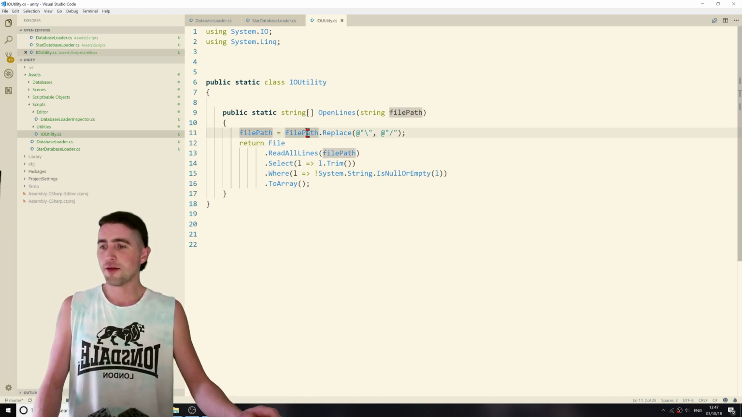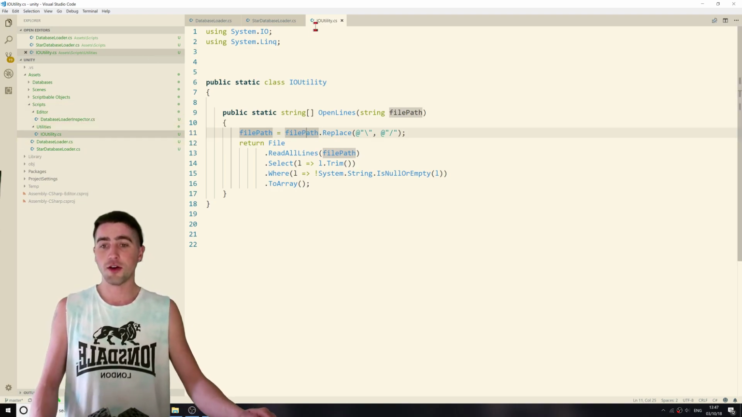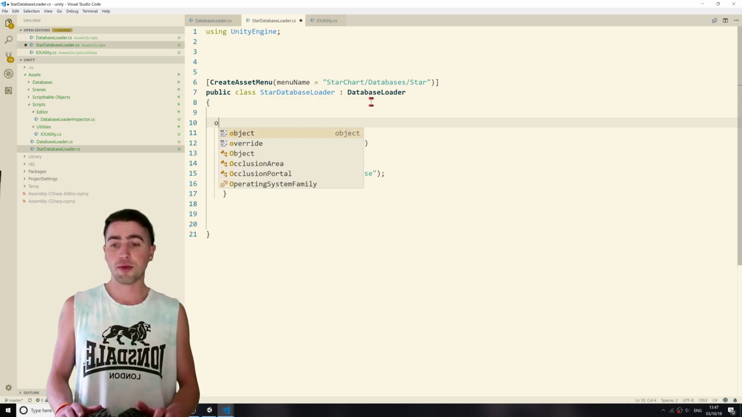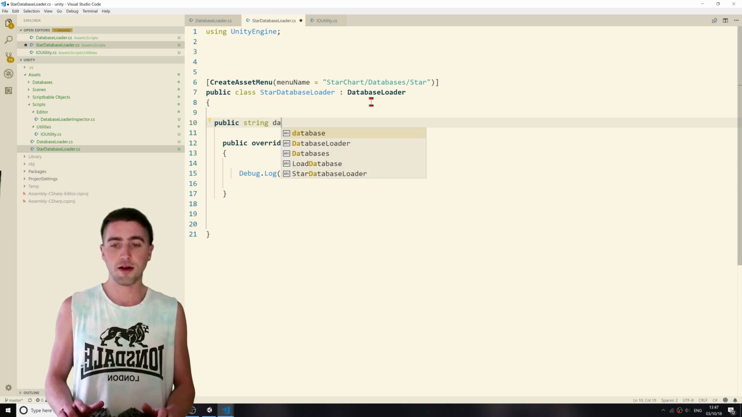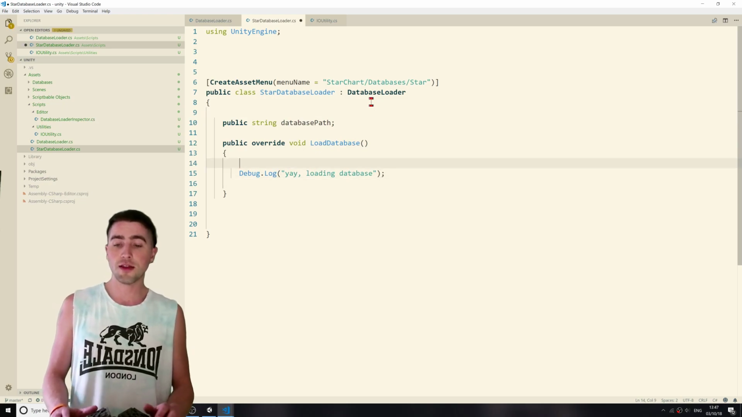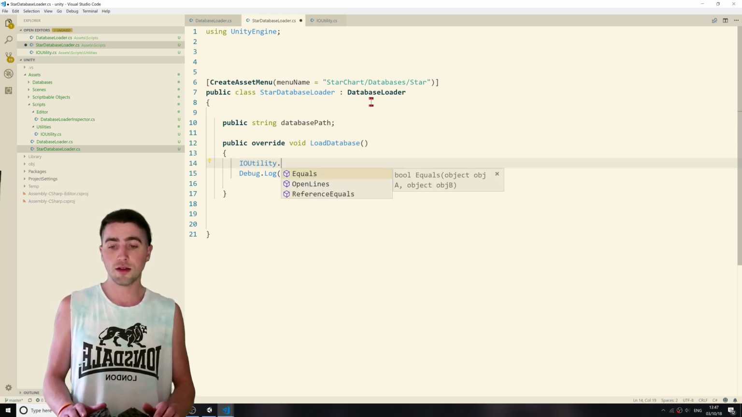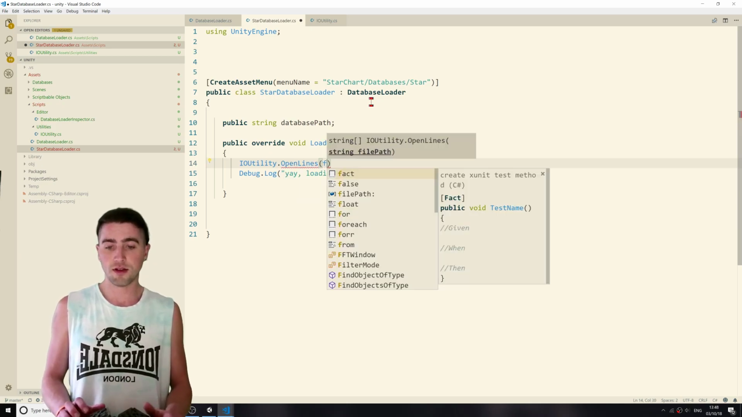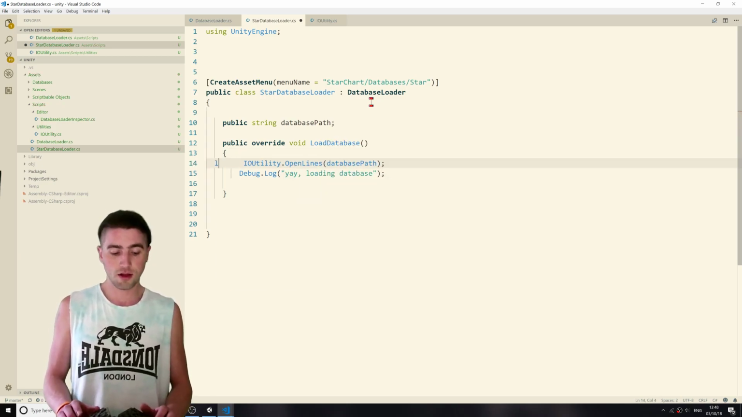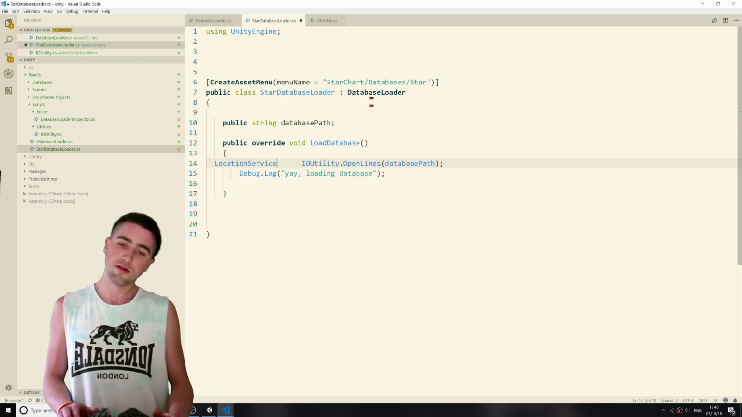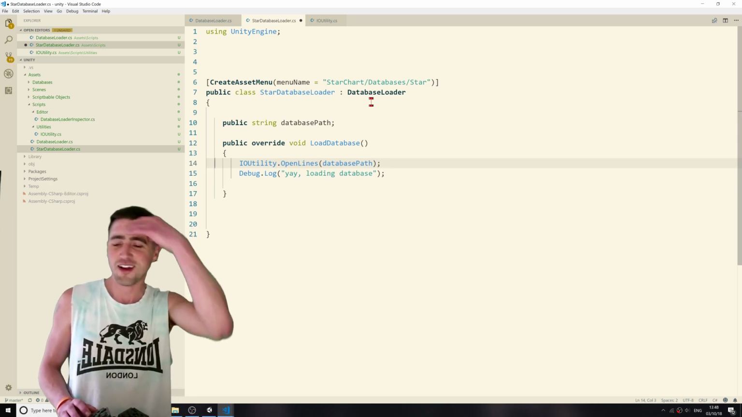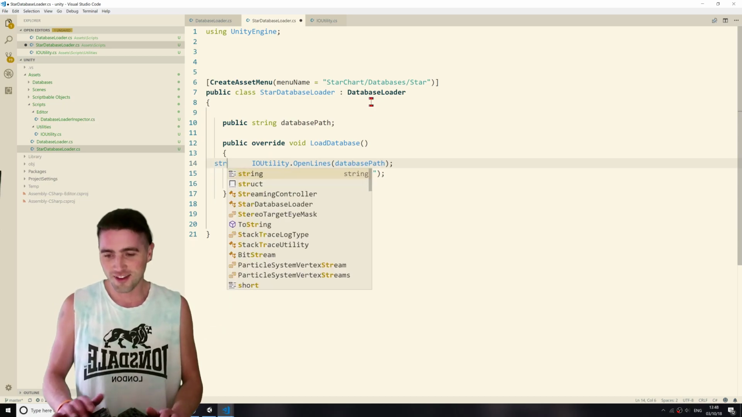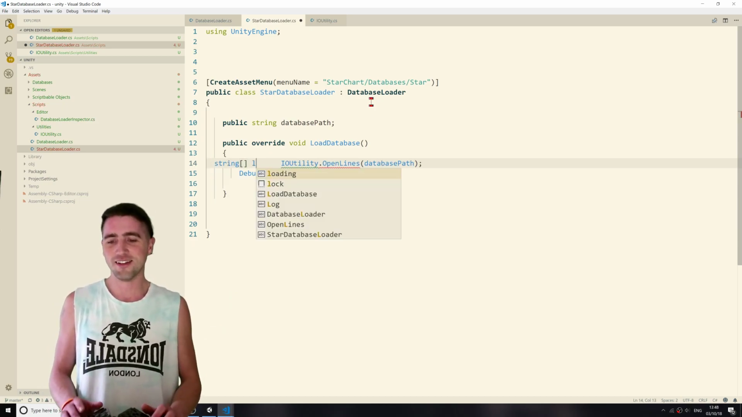All right, now where was that going? That was going inside our star database loader. So now let's go ahead and have a public string star file database path. And what we're going to do is on load database, we're going to say IOUtility.OpenLines database path, and so we just say lines equals... sorry, I'm in like Python and JavaScript. All right, so string array lines equals